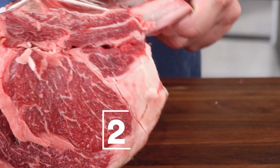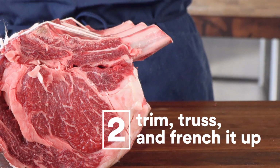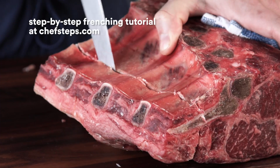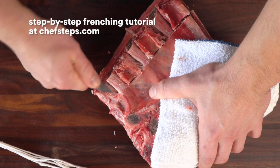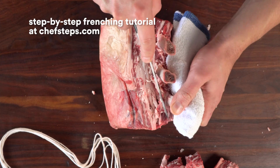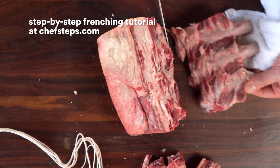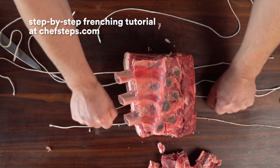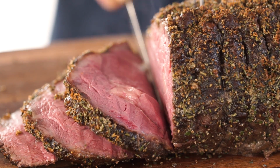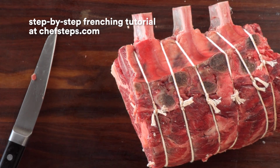So if you want to trim, truss, and French your 3-bone roast yourself, you start by trimming the extra fat between the bones. I'm just gonna start peeling. From there, you're gonna cut the bones off, but you're gonna truss them back on. And that allows you to carve it with these later. And again, you can have your butcher do this, but if you wanna do it yourself, you can go to